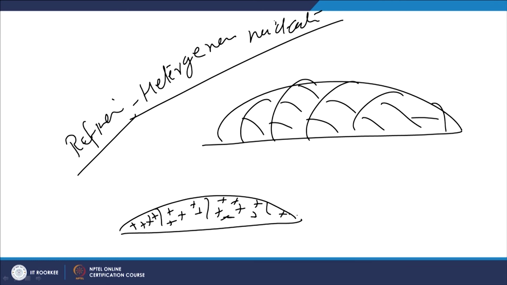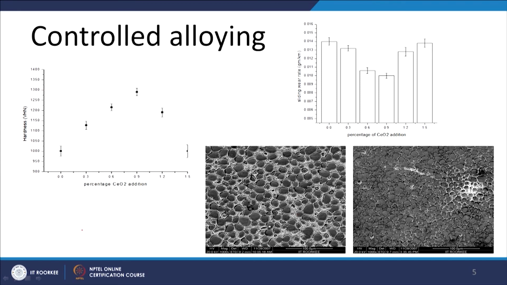So, the idea is to add those elements which can act as a refiner, so that the grain structure of the flame spray coatings can be refined. So, despite the lower cooling rates, we may get a finer grain structure. In this particular case, say for nickel, chromium, boron, silicon coatings, in the as-sprayed condition, the structure is coarse. So, when ceria is added in varying percentages,